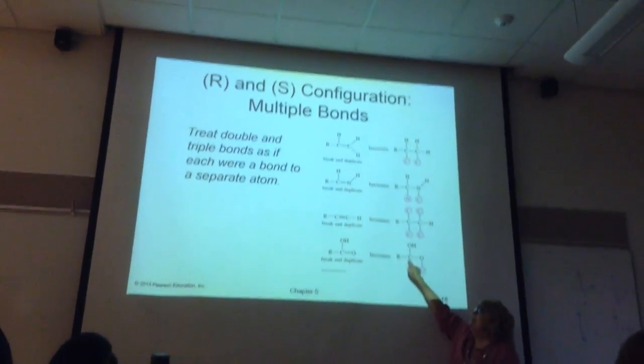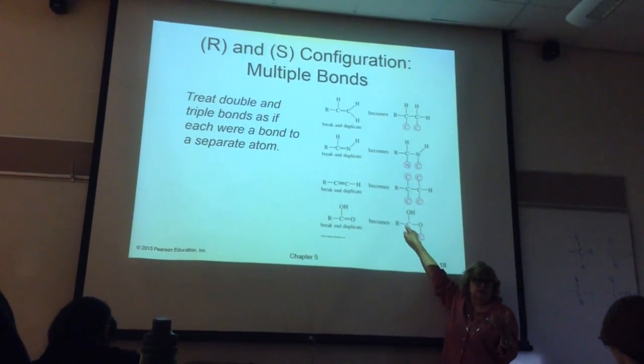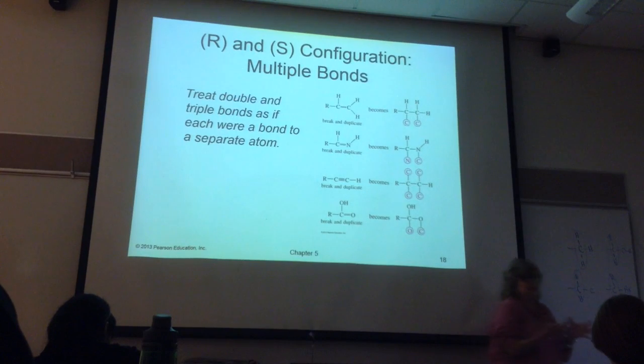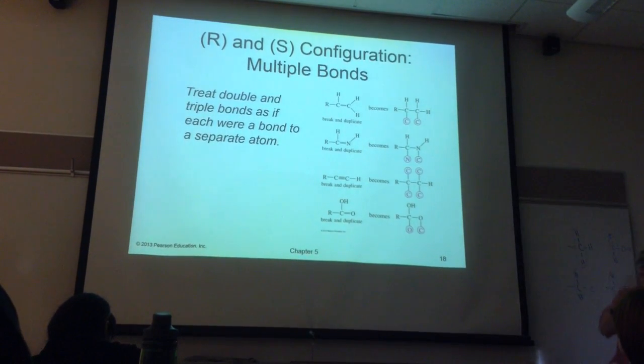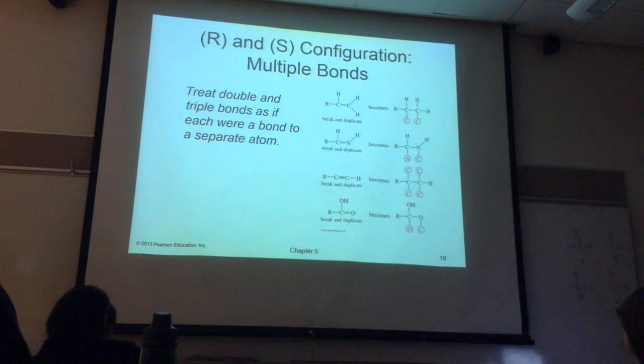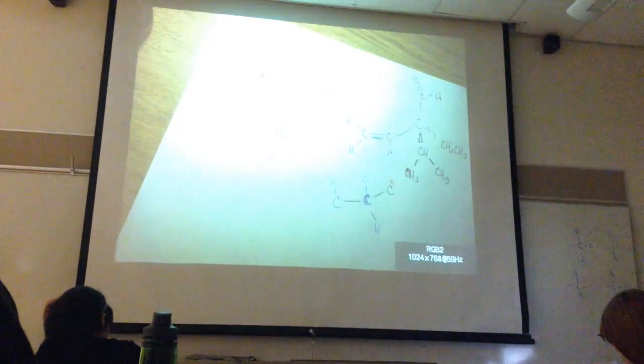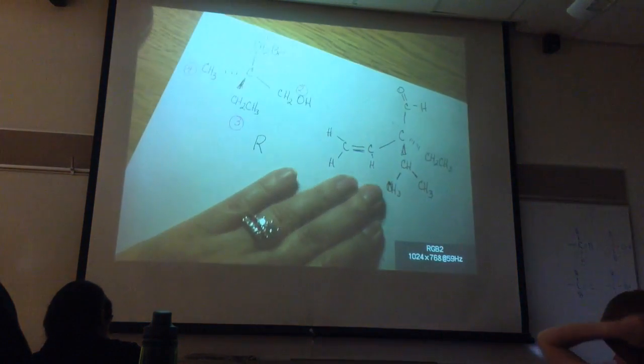Usually the point of attachment is right there at the chiral center. It becomes really easy to figure this out, okay? We'll go back to the pictures over here. And if we're looking at the structure again, you're